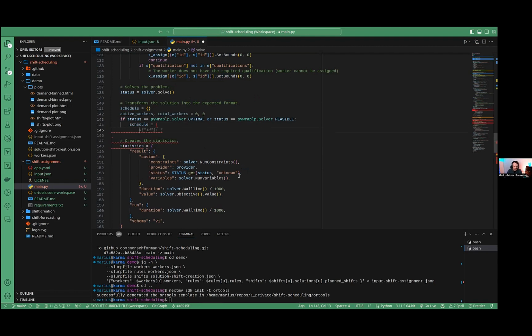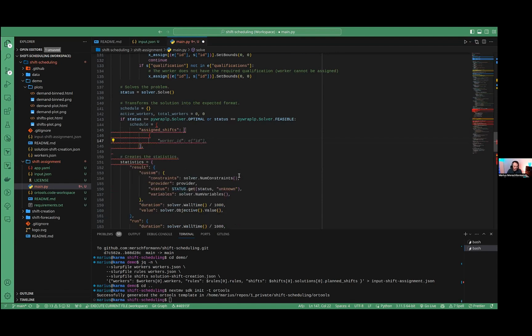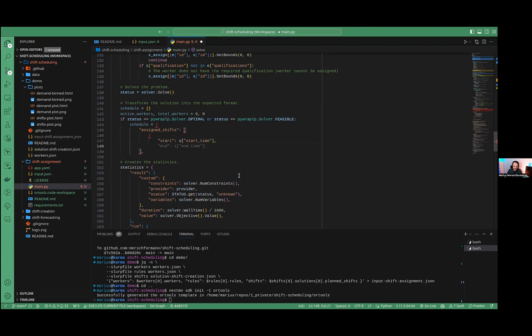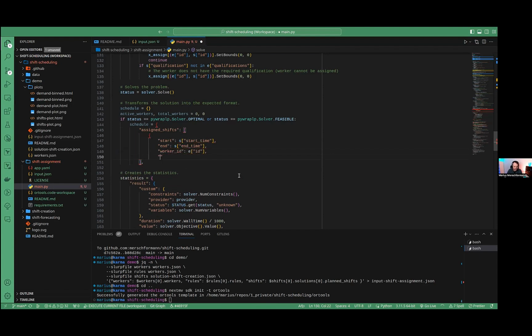So for this, I'm adhering to a format that we specify as a convention. If we adhere to that, we will actually get a visualization of our planned shifts in the console. So that's why I'm using this kind of format. Let's do this. And the format is pretty simple. We basically use the start time of the shift, and we don't need this actually because we already defined this custom formatting func that we're applying. Then this is not too far off. So we want to have the worker ID, and we want to have the shift ID, and this should be